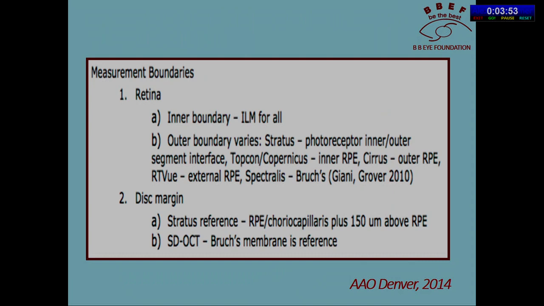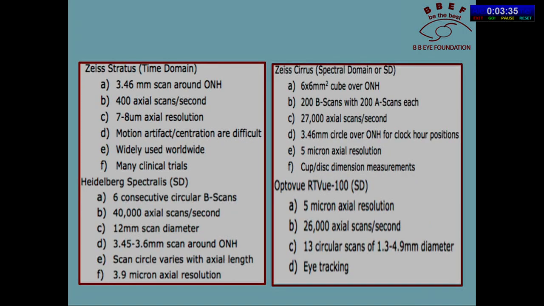Measurement boundaries. Different machines give different boundaries. In the retina, the inner boundary is the internal limiting membrane for all, but the outer boundary varies in different machines, from Stratus to Topcon to Spectralis and others. In the disc changes, the same happens. These are the 4 types of machine we are normally handling nowadays. The Zeiss Stratus is a time domain, one of the oldest, and then the Zeiss Cirrus, RTVue, and the Heidelberg. Of these last three,